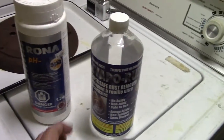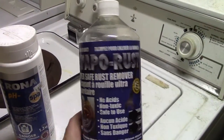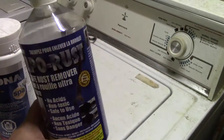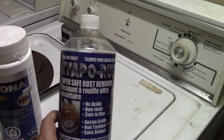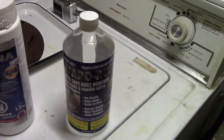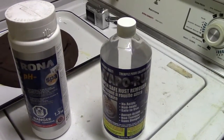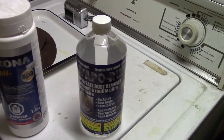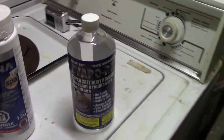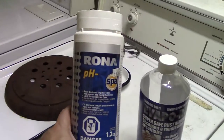Let me start by saying first that using this chemical, Evapo-Rust, is my preferred technique. It's very safe and non-toxic, and it works very, very well. The problem is that it's actually quite expensive, so I only use it to remove rust from relatively small metal tools and parts. Lately I've been restoring antique lanterns and kerosene heaters, and for some of those parts Evapo-Rust can work quite well. For much larger parts like kerosene heater bodies or entire lanterns, I've been using pH minus,